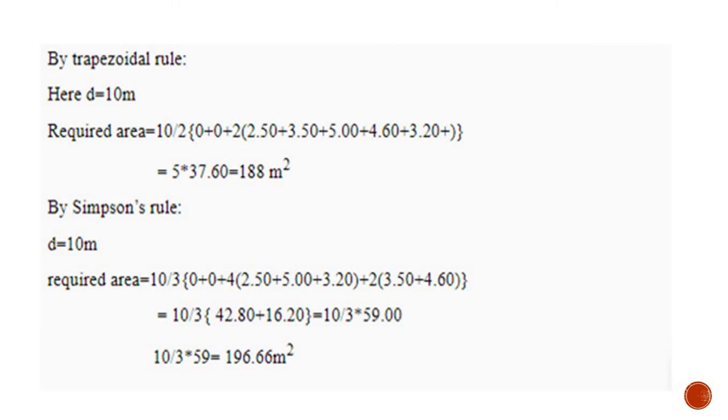And then Simpson's rule. So how can we get the area by following Simpson's rule? By taking the sum of first ordinate, last ordinate plus 4 times the even number of ordinates plus twice the odd number of ordinates, multiplied with 1/3 of common distance. So the common distance is here 10 meter. So 10 divided by 3 into first ordinate plus last ordinate plus 4 times sum of even number of ordinates